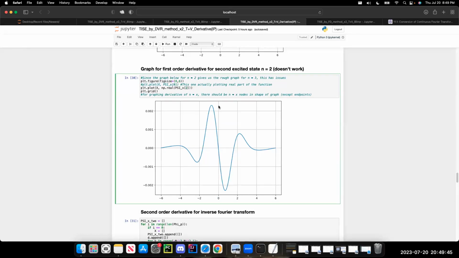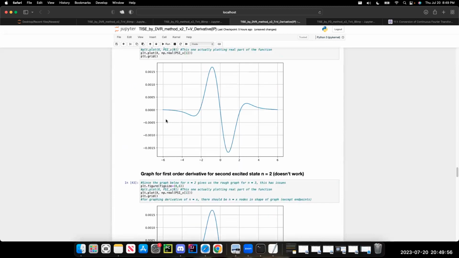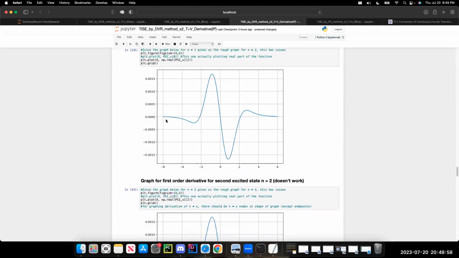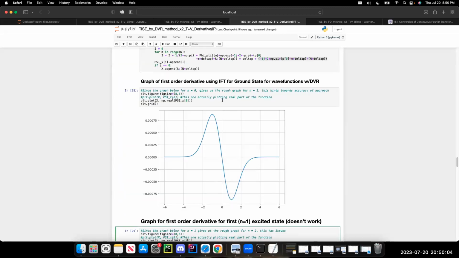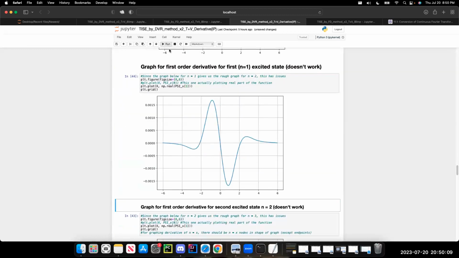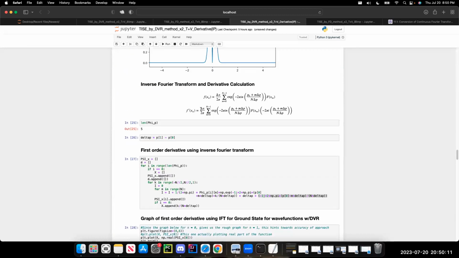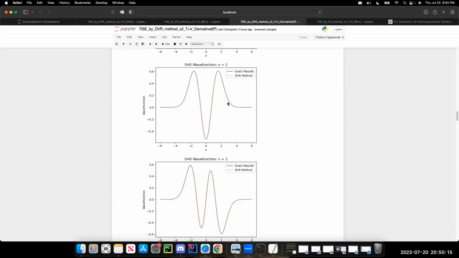I would expect, let's say if I choose n equals 1 here, I should expect a graph that, let's see. So this one I think is the ground state, and this is n equals 1. And so this actually doesn't work, right? We don't in fact get the graph n equals 2, right? So there's definitely